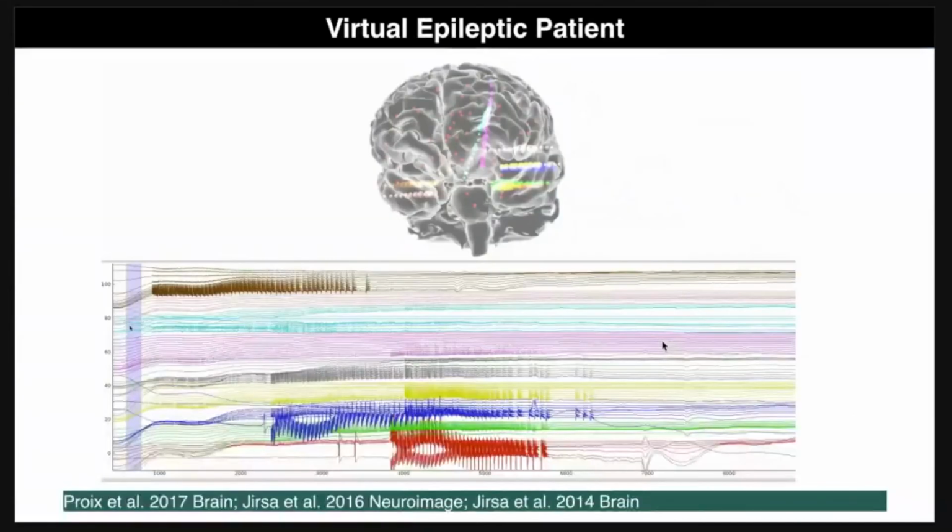Here I show you another example of a simulation of the diseased brain. This is a brain with epilepsy. It's a 40-year-old woman from Marseille, also virtualized with intracranial electrodes. Unfortunately, this is again not animated here on your slide. So what we see is the onset of the seizure activity, the intense black trace, that then starts propagating across the network. It's reaching other regions and then terminates in the contralateral temporal lobe.